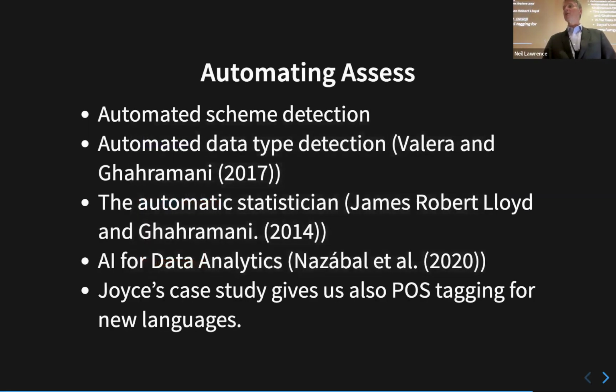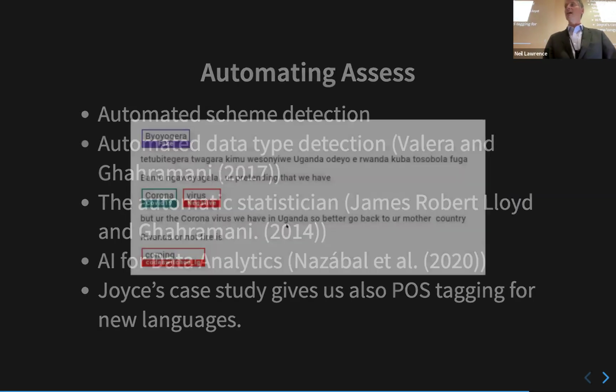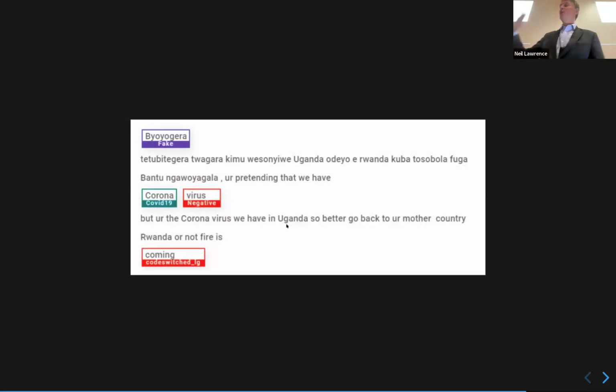So, a lot of the project that is listed in the notes is going through the sort of things that Joyce had to do before she could start doing the classification, right? She's got all this data. The access wasn't such a big issue. Well, it's a big issue for Facebook, but for the data she had, she could access it off wherever she got it. But then once she's got it, she's trying to understand, how do I process this? What's in here? Is this code switch? What languages are available? All of this stuff.